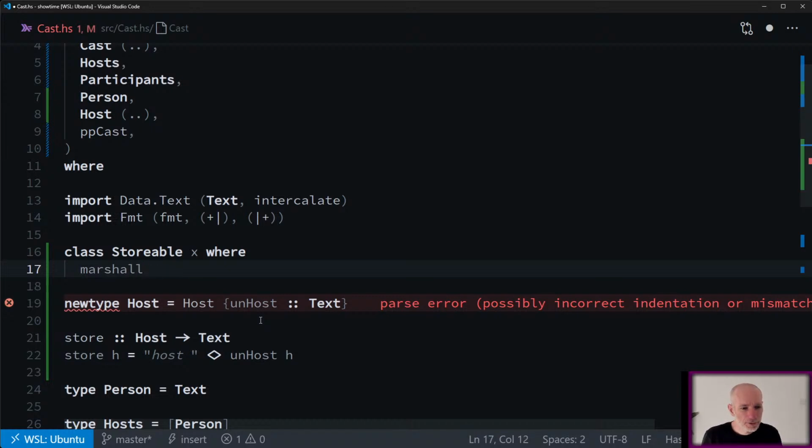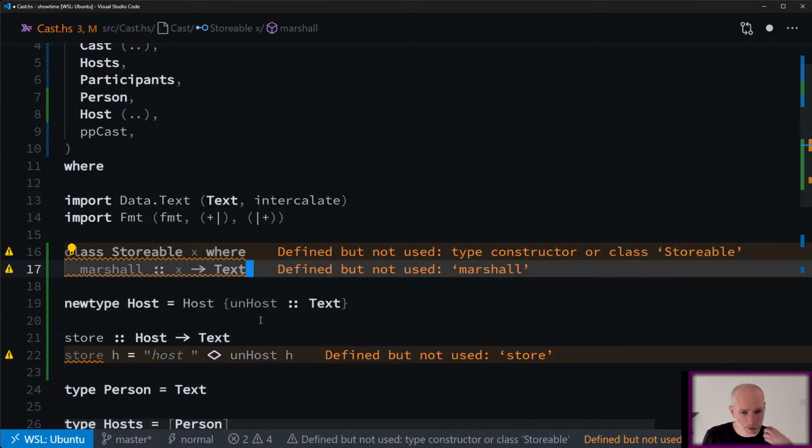So marshal will take an X and return us a text, some text.